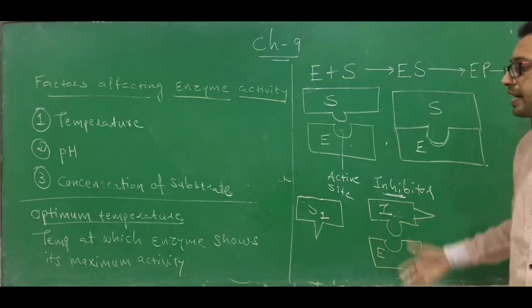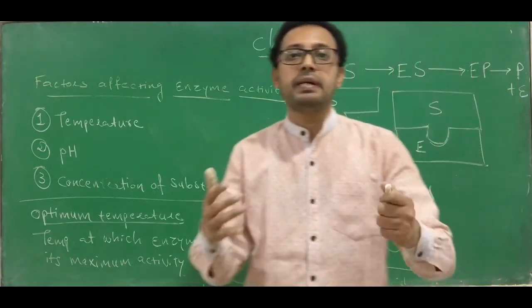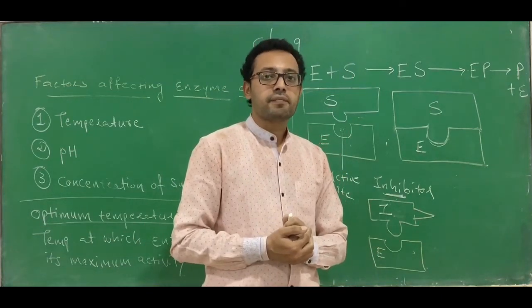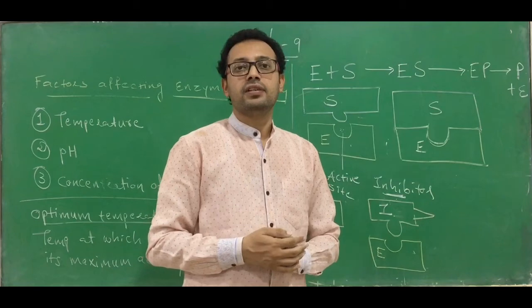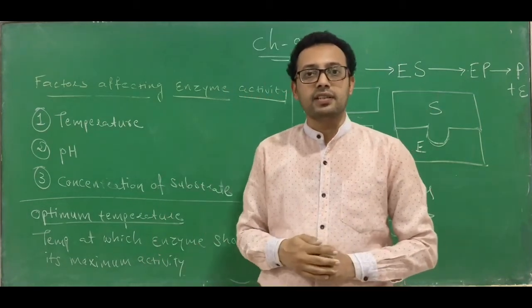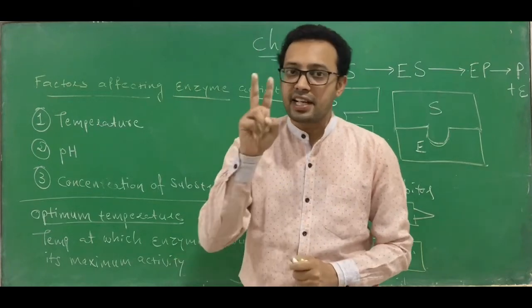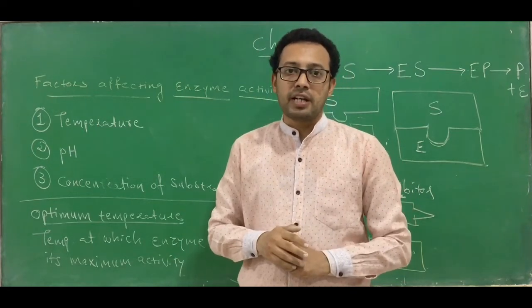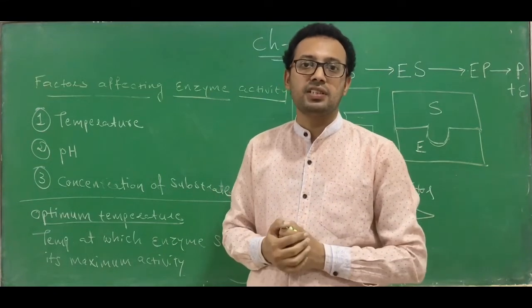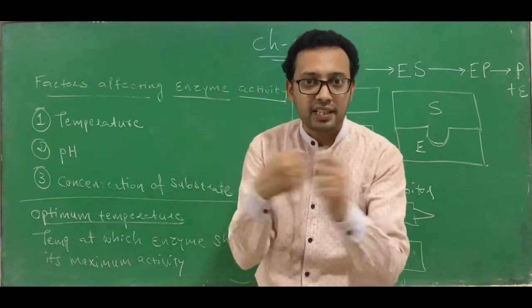Okay? And this kind of inhibition is called competitive inhibition because both are competing with each other. Okay? There is also another kind of example. Like I have told you one example that 3 students are there. બરાબર છે? And there are only 2 seats. બરાબર છે? તો they fight with each other. જે વધારે તાકાતવાળું હશે જીતી જશે.